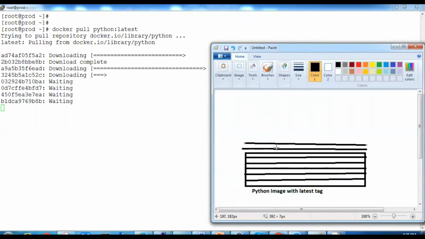We'll count it: 1, 2, 3, 4, 5, 6, 7, 8. So 8 is over. Now we'll draw the diagram. So these 8 layers of this image are downloading.